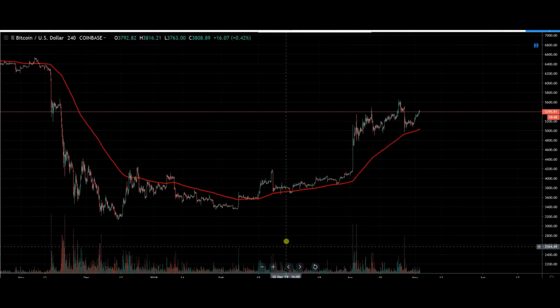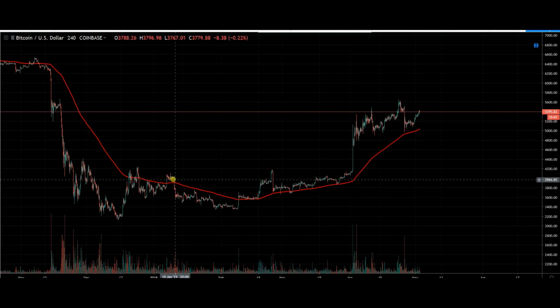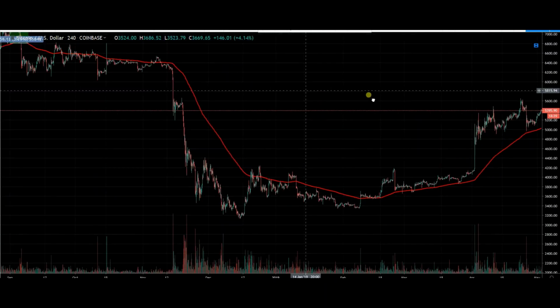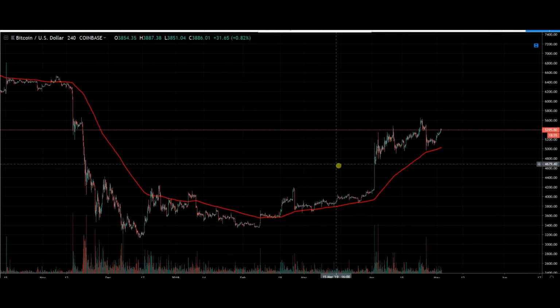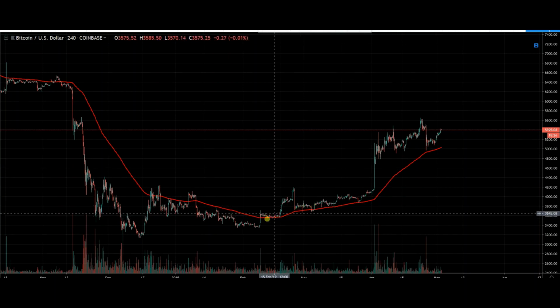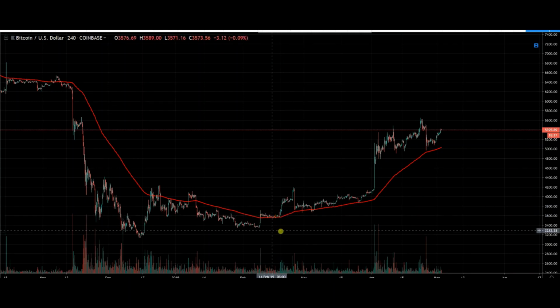I'm just going to say it's 80 to 90% roughly there. There were a couple of failures. This was a failure, but you wouldn't have got in. There were a couple of failures up here in that shitty chop. But it's a very high success rate strategy, guys. So I hope you all take the time to learn it and master it and get it into your subconscious mind that the first break above the 200 moving average is a buy, and a sell for